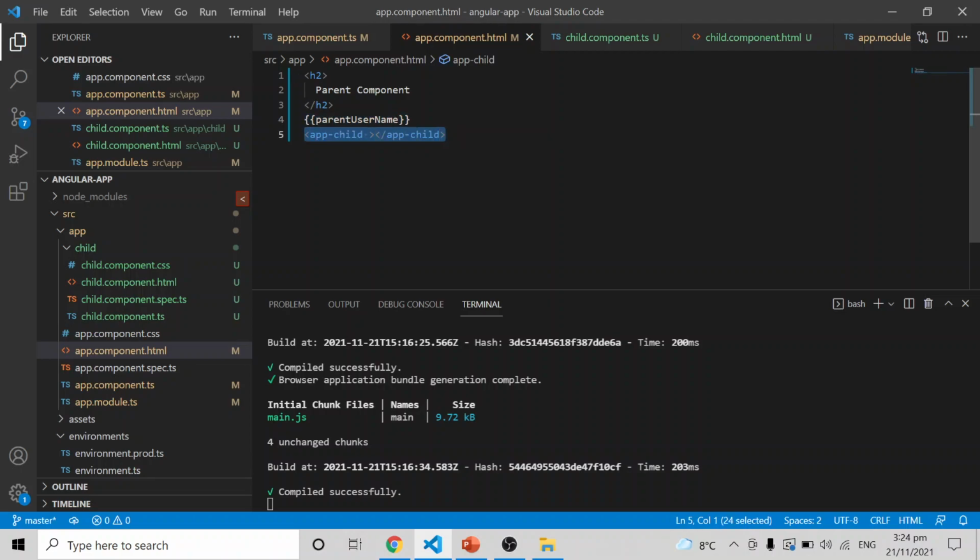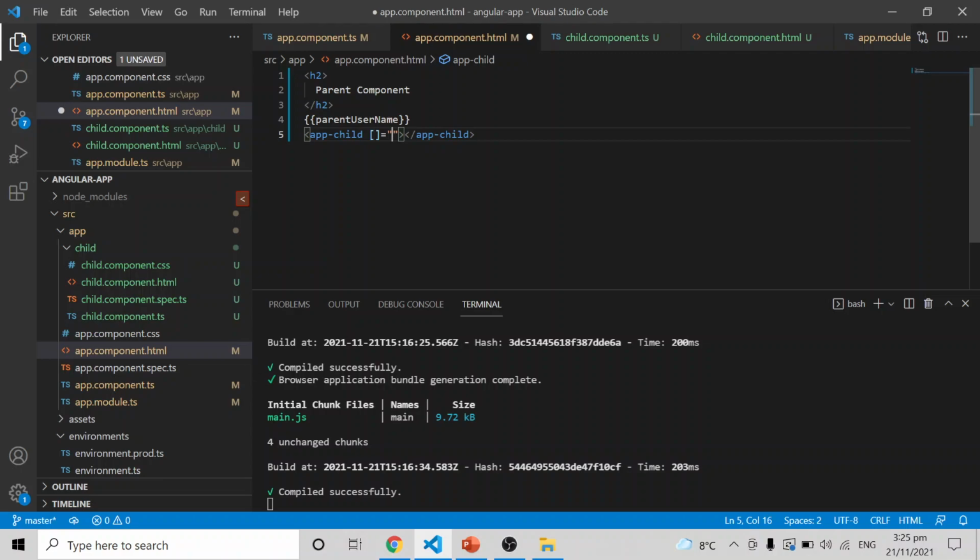If I want to pass this variable to the child component, how do we do that? As I said earlier, we use the @Input decorator in the child component, but from the HTML, how do we pass the data? For that, inside the child tag you use square brackets equal to double quotes. On the right side you mention the variable in the parent component, and on the left side the variable used in the child component.